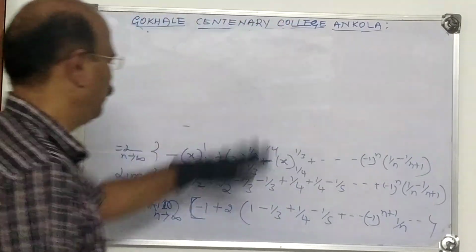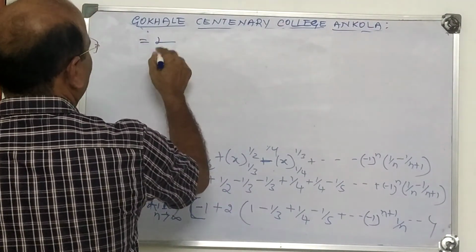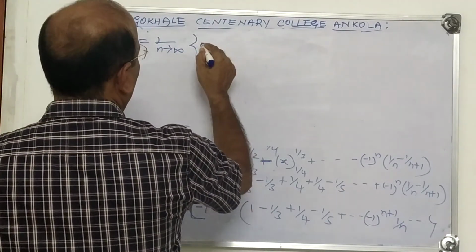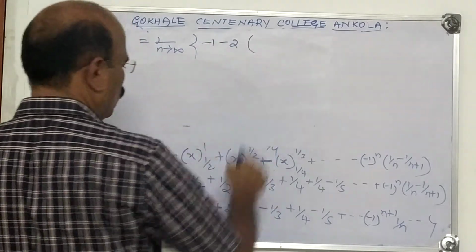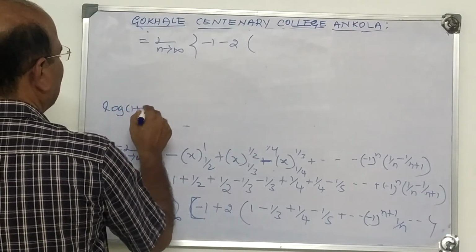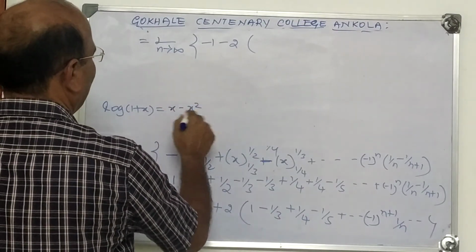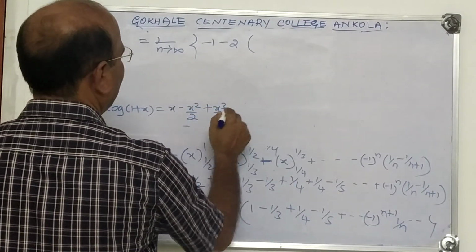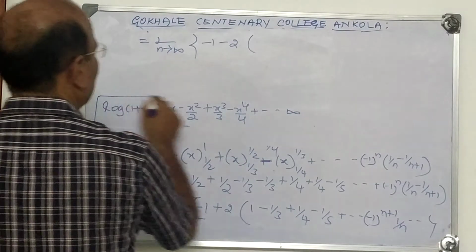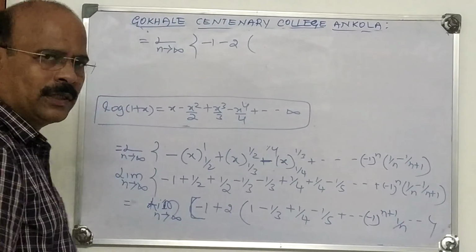We will simplify further. How to simplify? It is the limit as n tends to infinity of minus 1, take minus 2 common, because we have to express this as a standard series. The series is this. We express this in the log 1 plus x form. What is log 1 plus x? It is x minus x square by 2 plus x cube by 3 minus x raised to 4 by 4 plus etc. to infinity. This is log 1 plus x. And this can be written in the form of log 1 plus x. For that,